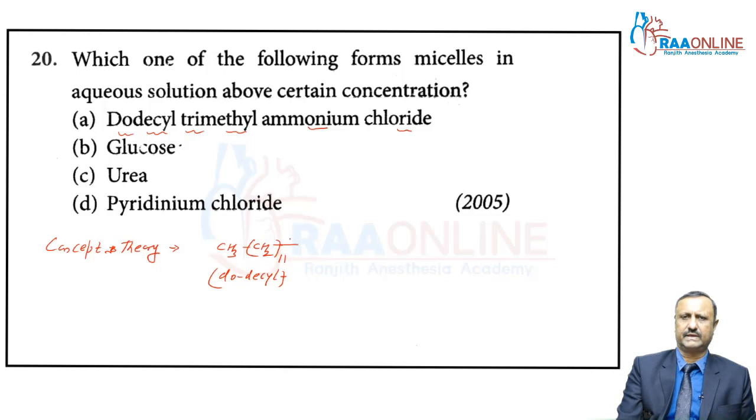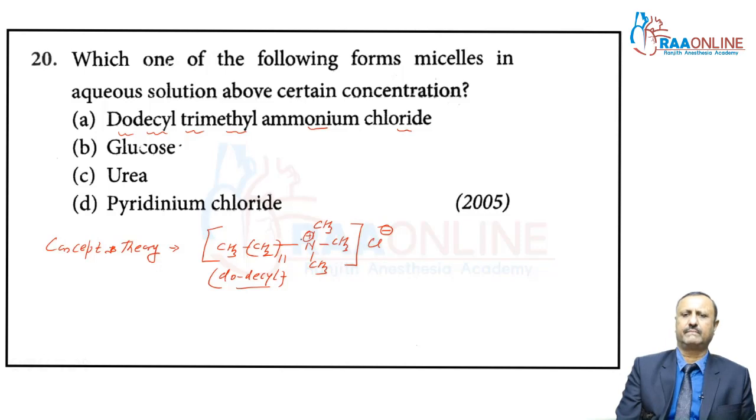My dear students, it is attached with this carbon atom, and it is attached with this nitrogen atom, and to this nitrogen atom 3 methyl groups are attached. So it is called trimethyl ammonium, because a positive charge is present, ammonium, and this is chloride. So my dear students, this is the structural formula of dodecyl trimethyl ammonium chloride, and this